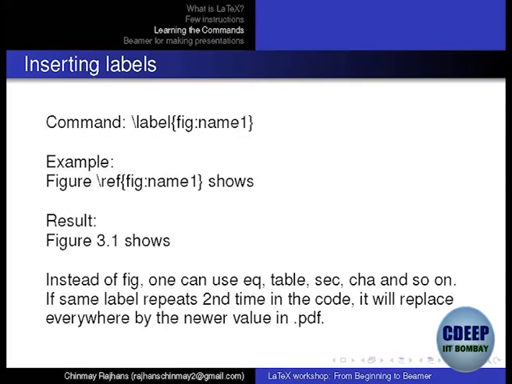So the way you do it is, whenever you have the object which you want to refer, the object can be your equation, it can be a text, it can be your chapter, it can be a table, it can be a figure, it can be anything. Whenever you are defining that part, you just put this command called backslash label followed by a name which has to be unique in your document. Whenever you want to refer to it, all you say is figure backslash ref, and whatever I have put there in label, exactly the same thing I will put here, and it shows.